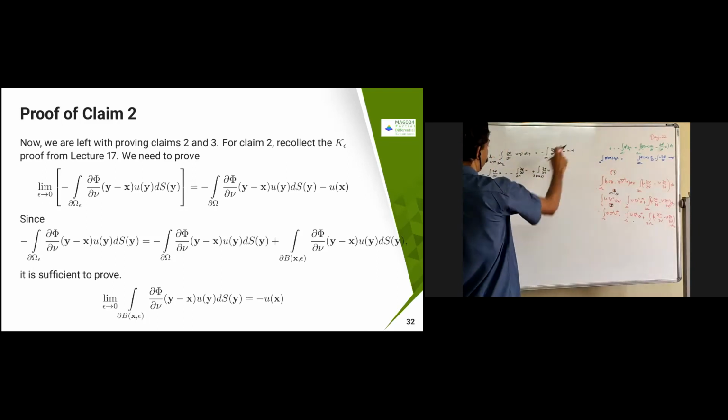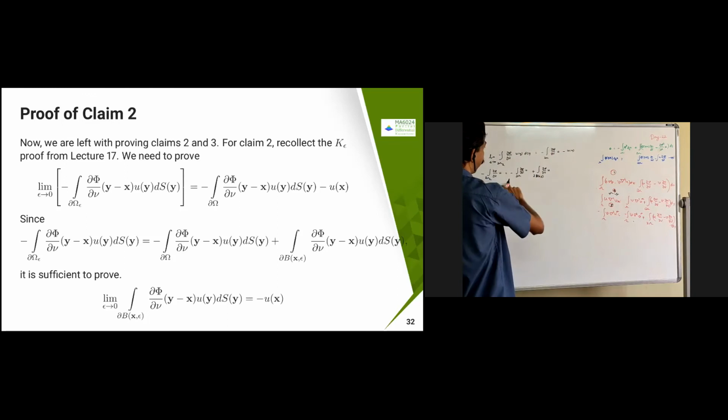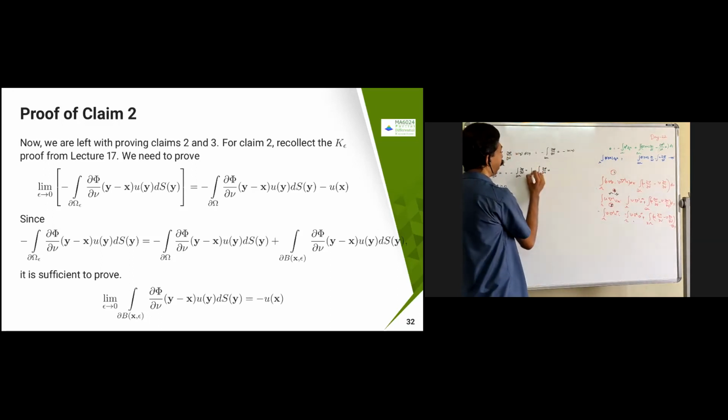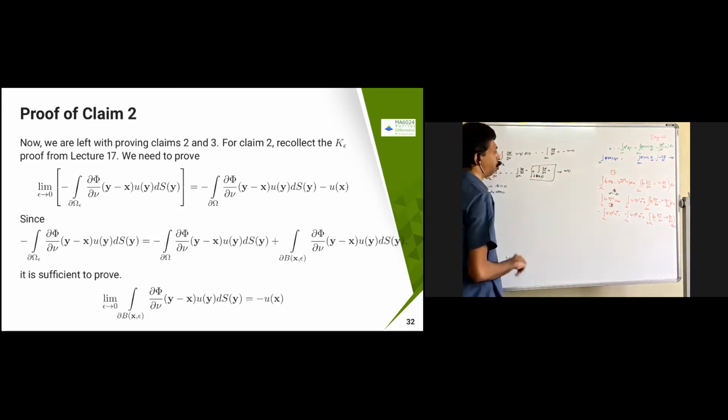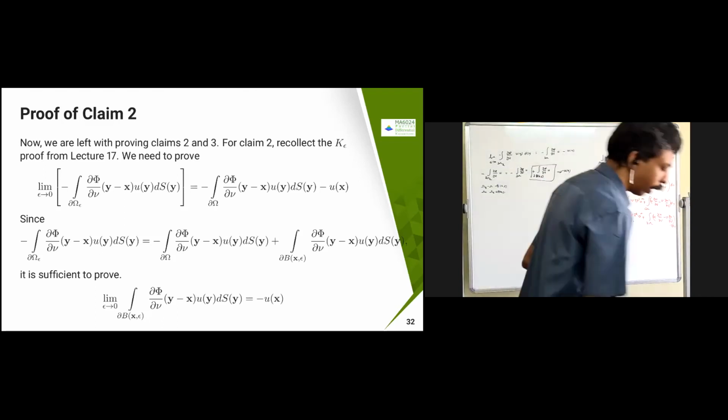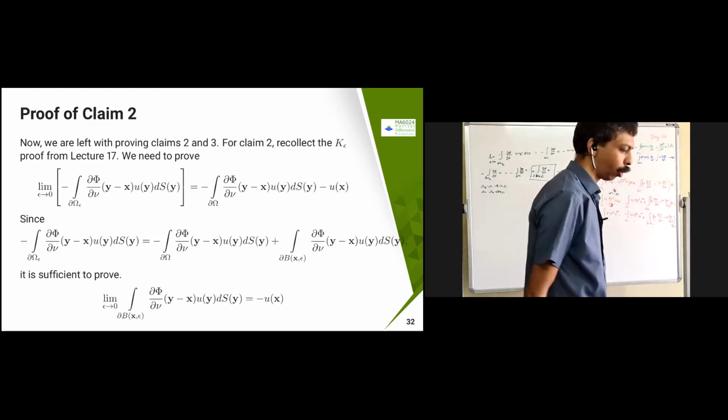So now we almost got this one. This is the one we need to prove. The left-hand side is here and the right-hand side is here, and here there is no epsilon. So if I put epsilon tends to 0, only this one I need to claim: that this converges to u of x, or minus u of x, as epsilon tends to 0. That's the only thing I need to do. If you prove that, then we are done with it.